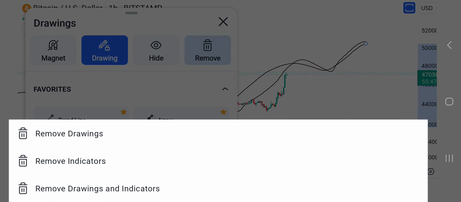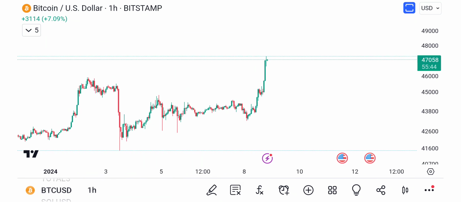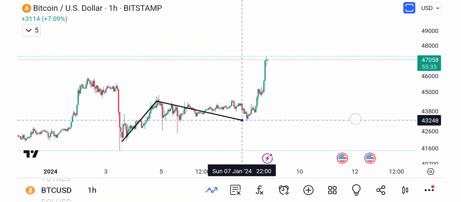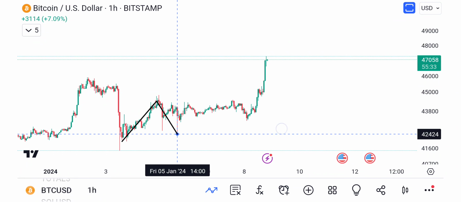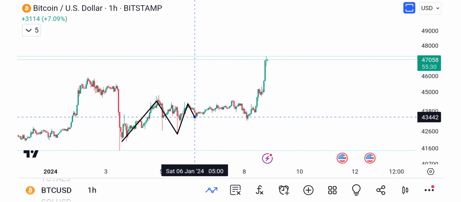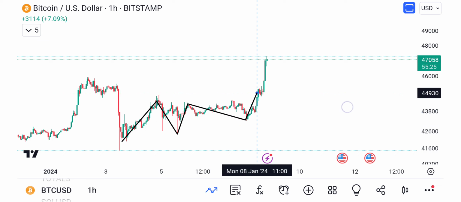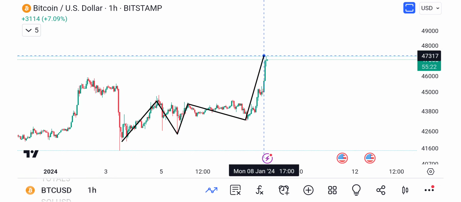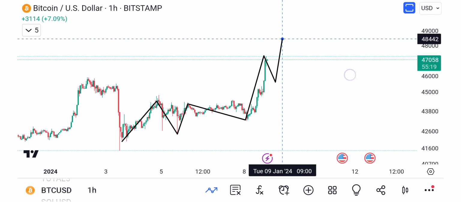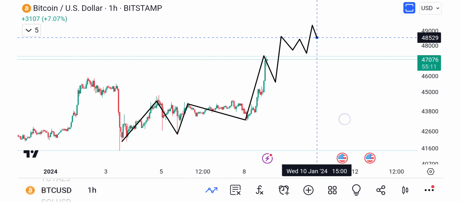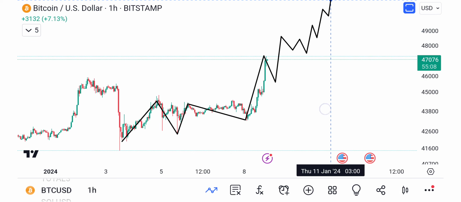what do we got here? Yeah, we have a 1. We have a 2. We have a 1. We have a 1. We have a 2. And now we're in the wave 3. So this could be something like this, right? For the 3rd. And then we come down for wave 4. And then we go up for one more wave, wave 5. So that would be sort of like the idea.